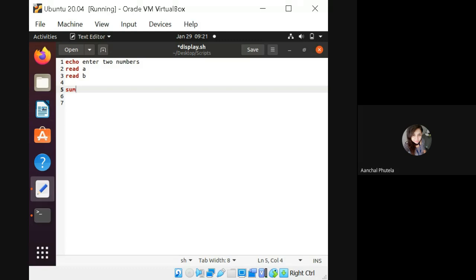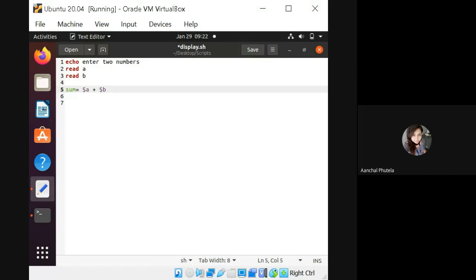Done. sum is equal to a plus b. This is the simple logic we are having. ए और बी को ऐड करेंगे और सम में स्टोर कर देंगे. अब मुझे क्या करना है, ए और बी की वैल्यू को ऐड करना है. So what I am using here, value of a and value of b, add those two values and store into the variable sum.